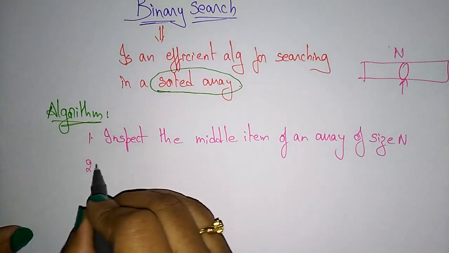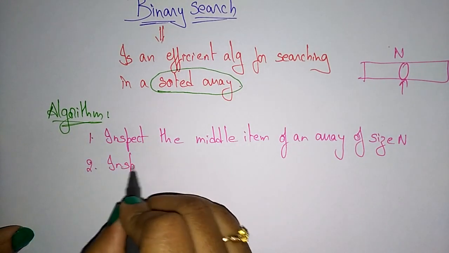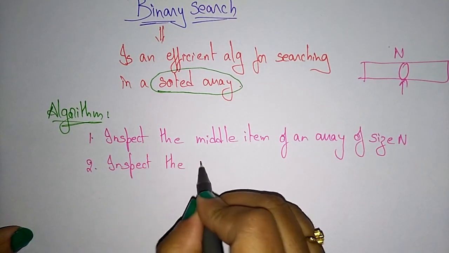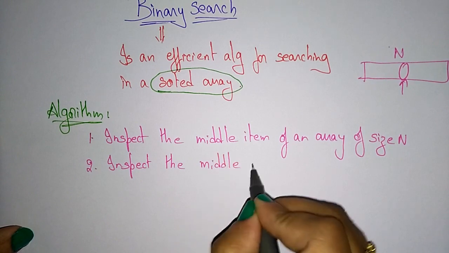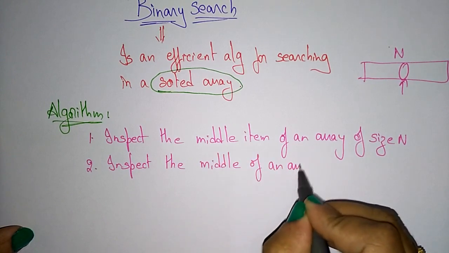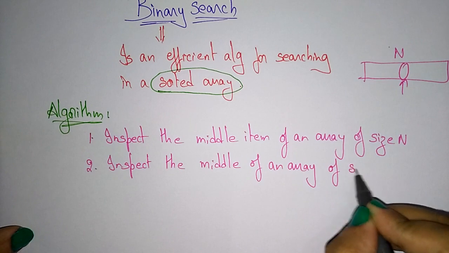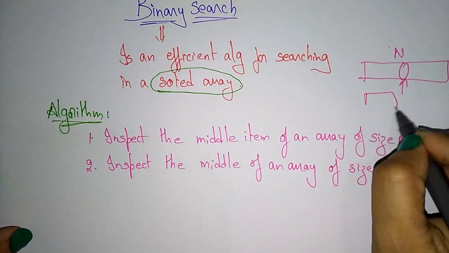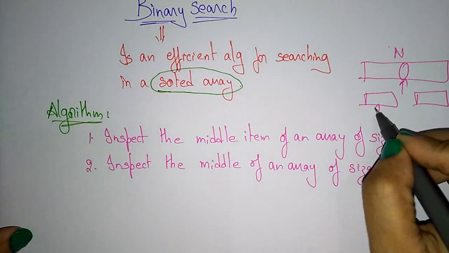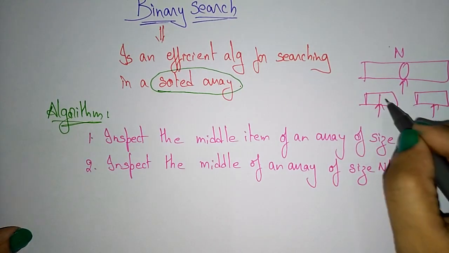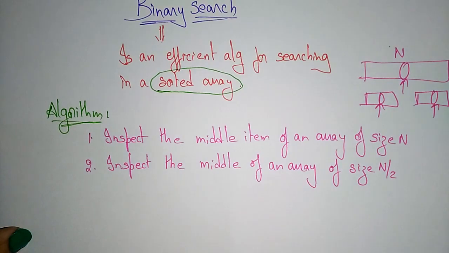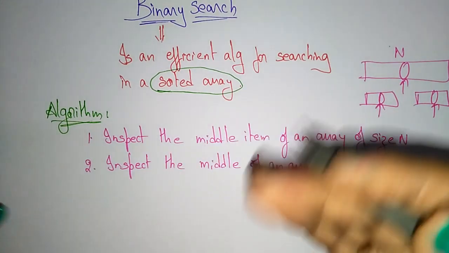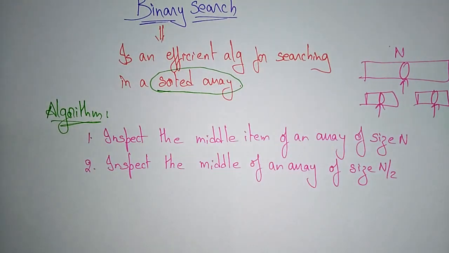And the second, inspect the middle of an array of size n by 2. So again you have to find out the middle item in the sub problems of size n by 2. So we are just dividing the array, just like a divide and conquer method,